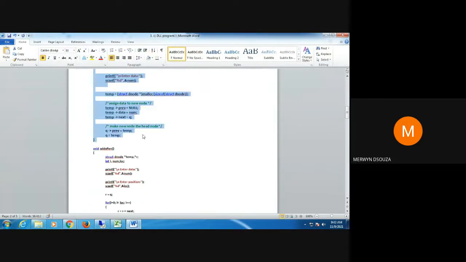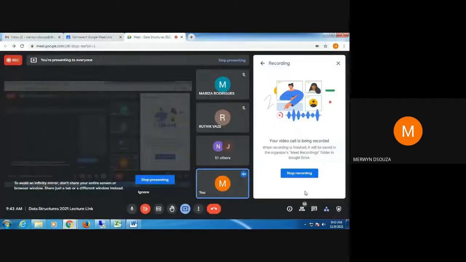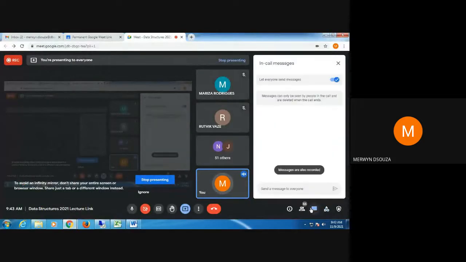Is it okay? Okay. Now, students, are you all having any doubts about these three functions that I taught you right now? Before I continue, you can message me about any of these functions if you have not understood anything. I taught you three functions: the create function, append function, add at the beginning. Anyone has any questions? You can let me know. As I'm explaining also, if you're getting any doubts, you type in the chat box, and I will come and answer. Okay, so any doubts or should I proceed?